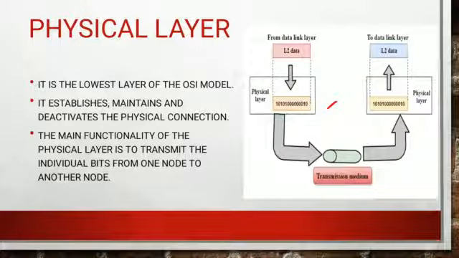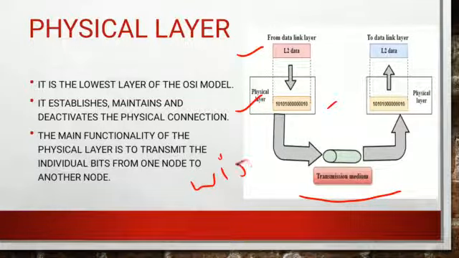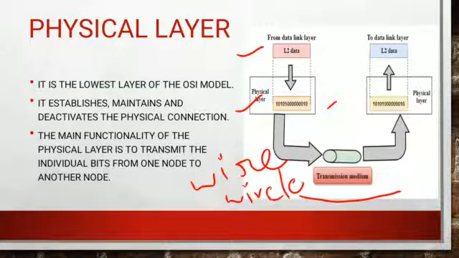So this is the architecture we will follow in the physical layer. Here we have the physical layer, and above this physical layer, the data link layer is there. Simply the data is transmitted to this physical layer. Here data is in the form of binary bits, 1 0 0 1 0 like that. Now that data is transmitted through a transmission medium. Here we use two different types of transmission medium. One is wire connection, another one is wireless connection. Through wires or through wireless we are connecting from one device to another device.